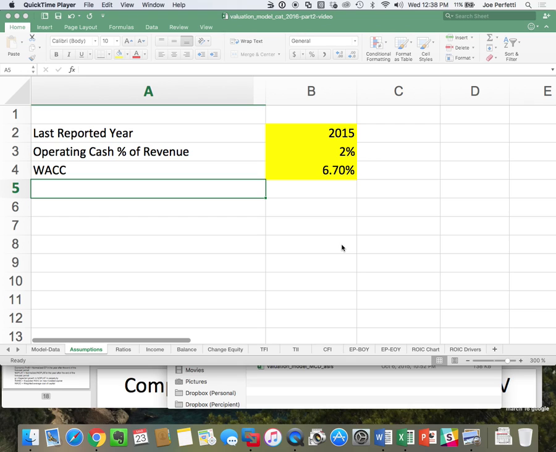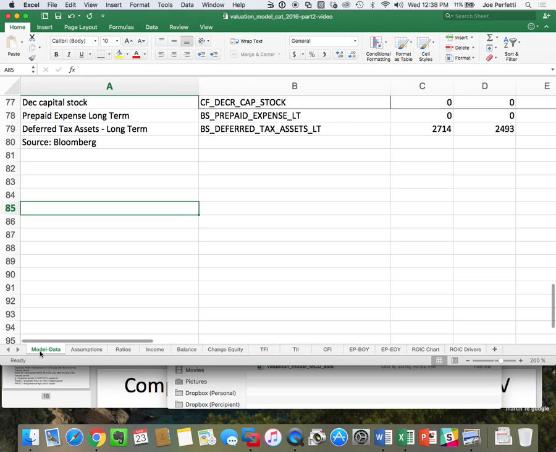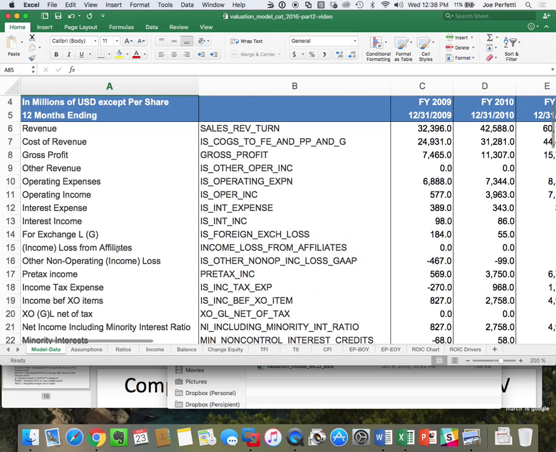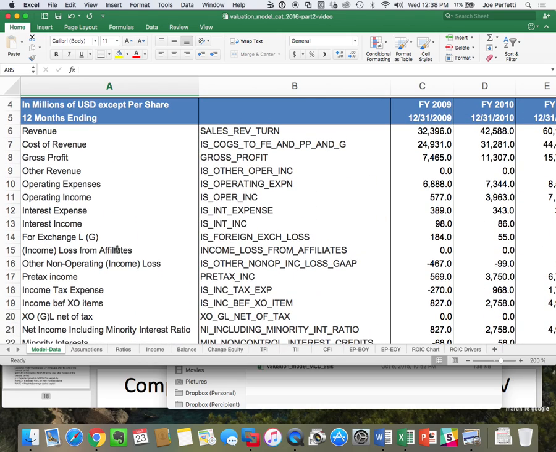So again, in today's class, what we're going to focus on is completing the second part, what I'll call part 2 of the CAT valuation. And I want to talk about your next homework assignment as part of this. So if you go to the model data tab of the file that we've been working on, just structurally, what